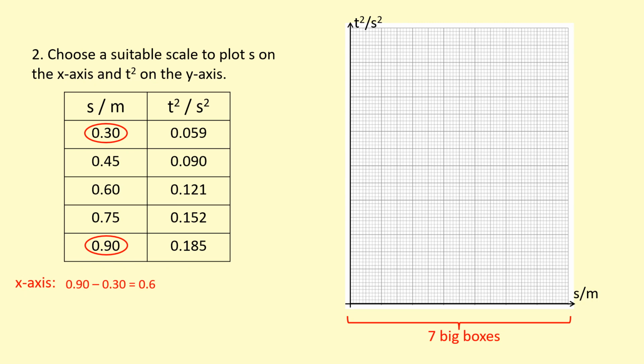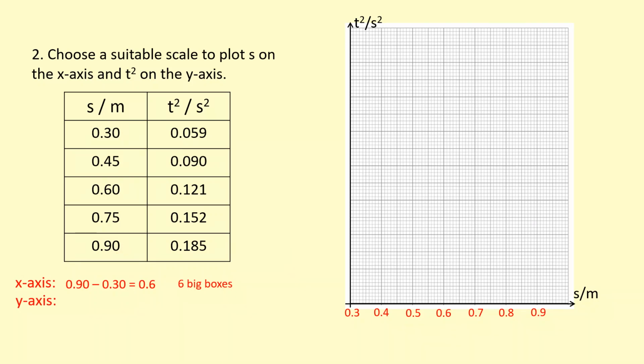So I can just do 6 big boxes. I don't have to use the whole thing. As long as I use approximately 3/4 of the graph paper, that'll be fine. Okay, so here's a set of example values I can use, going from 0.3 all the way to 0.9 like this. Okay, now for the y-axis, I've got 8 big boxes here, and the range for the t squared is